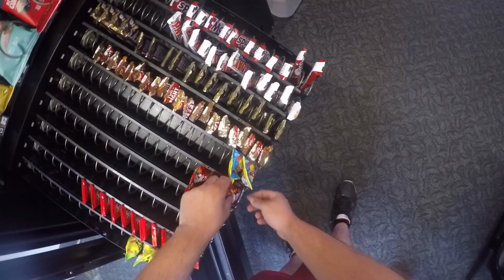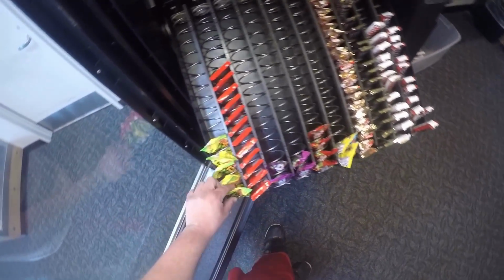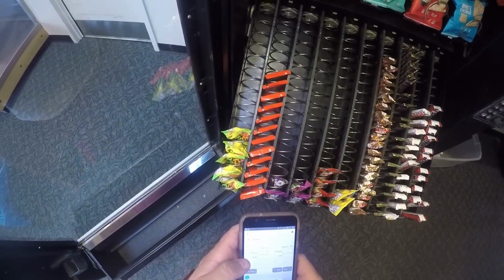I'm actually kind of surprised that Skittles are taking quite as much of a beating as they are. Gonna have to get another box of Skittles with this next collection. Might actually have... Nah. So I'm not gonna buy any more product until the next collection, and what'll happen is